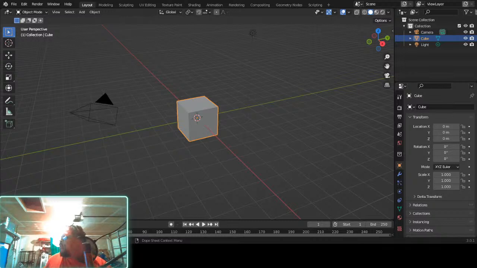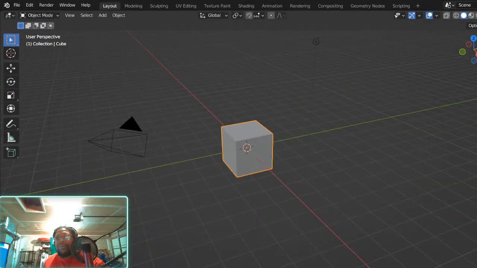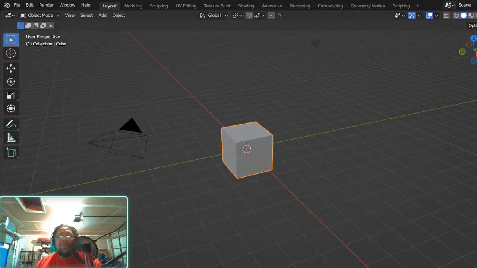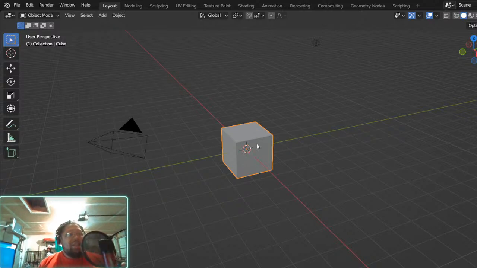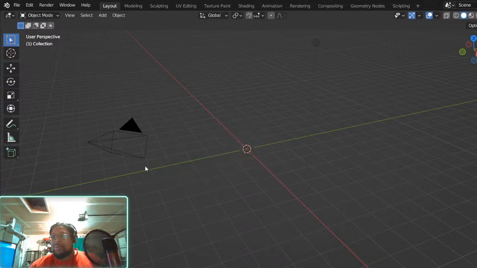Bring this screen over here. I might put some more music on too while we work. You know, just have some of that good background music going on. But we got a screen here with our default cube, which I will keep hitting this button. Let me adjust this a little bit just so I can have some room to work. Alright. Cool. Let's get rid of this. Let's get rid of that bad boy right there.